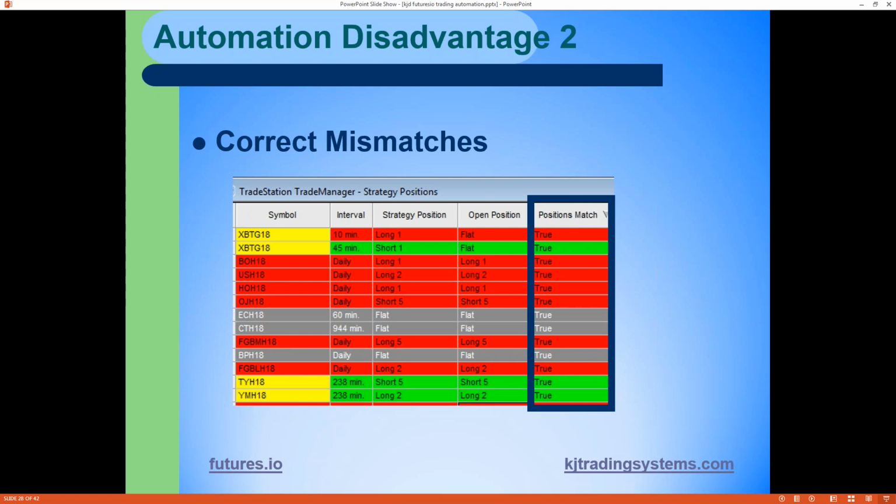That's what you got to watch out for. So that's definitely a disadvantage. You got to be able to realize you got to watch it. It doesn't correct itself all the time. There's ways you can do that, but still, a lot of times a human watching it is the best way to go. You could probably program a lot of it, but you might spend more time programming than you do actually trading then, because there's a lot of little things that can happen when you automate.